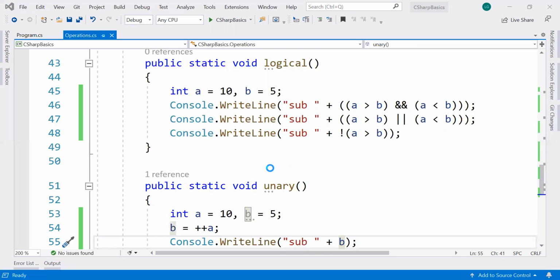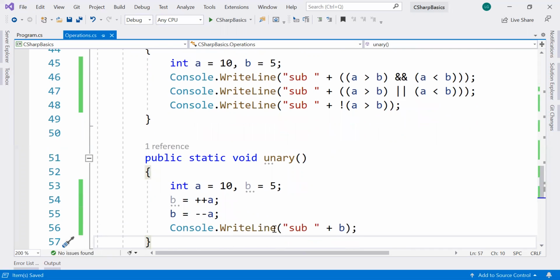11, because we added 10, right? We added the b value 10. It is incrementing one value. It means the unary operation is going to work on one incrementing value. If it is 10, then it is going to add plus plus. If you see, for the same value, I'm going to do the negative, decrementing one value. Then it will give 9.